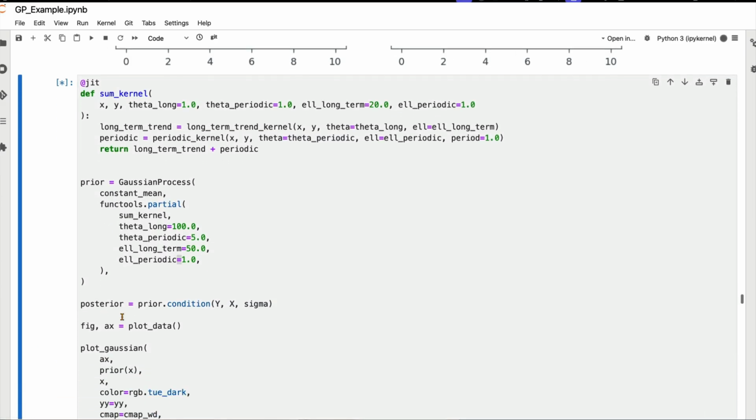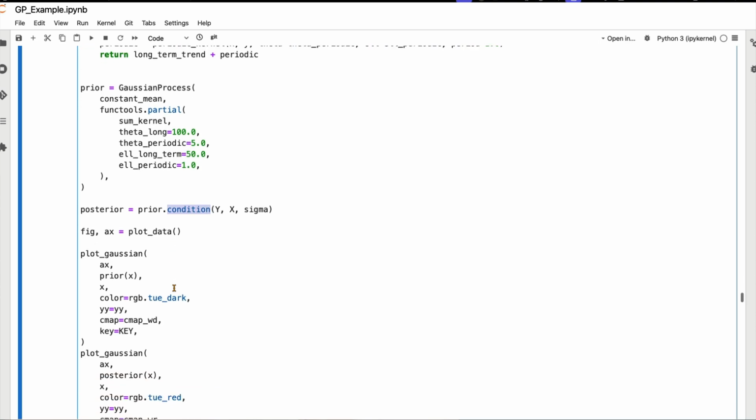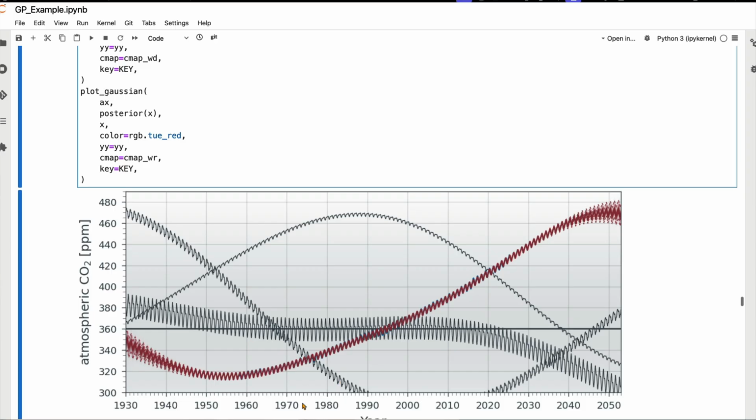Okay, and then I'll build this prior, I condition it on the data. Notice how nice this is, that we can just call condition. We don't have to think about it anymore. And now we get a model where in the back you see in black the prior draws, prior samples. And after conditioning, we get this red distribution. So now we have arguably a slightly smarter kernel, right? A model that produces data that you could still probably pick out the original data, maybe, but the